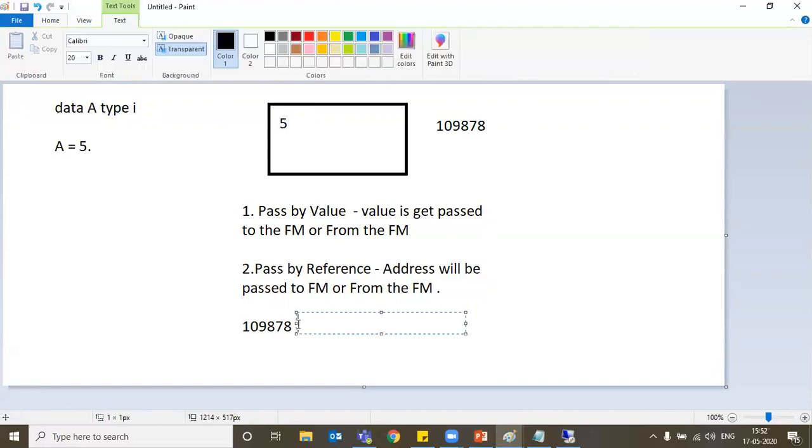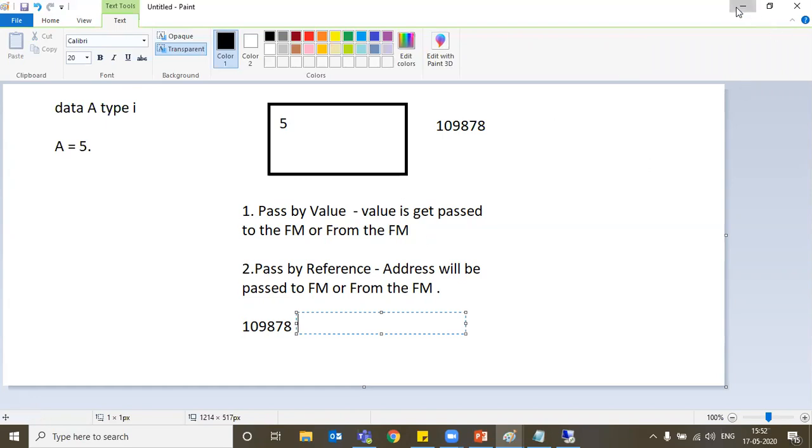It won't pass 5. It will be known as the address. So once it finds the address, it will search for what is the value stored in that particular address or memory. So pass by value always works with the value, whereas pass by reference always works with the address number. Once it gets the address, it will find out what value is stored in that address. But in pass by value, it is not interested in any sort of address. It just wants the value, so that value has to be passed.